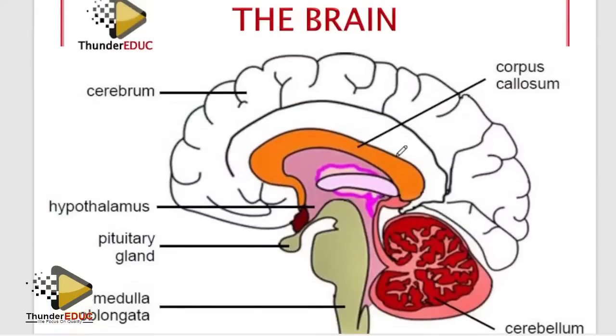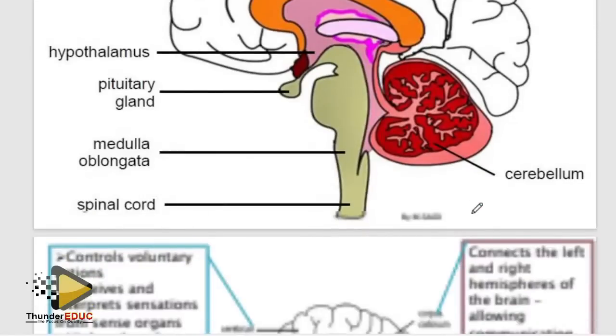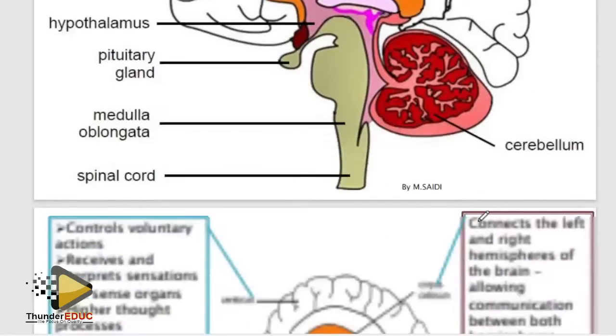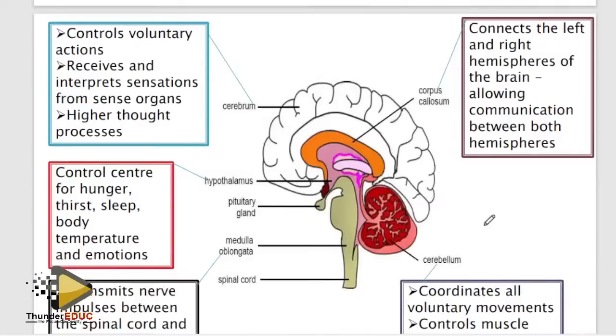Function of the brain, obviously. Everyone knows the brain, please, unless you don't have a brain. Everyone has a brain, so how can you fail to know something you have? Okay, function of the brain, simple. At least know two of each. So, memory, reason, judgment, that is higher thought process. It's the biggest part of the brain, the cerebrum. Which part connects the left and the right hemisphere?